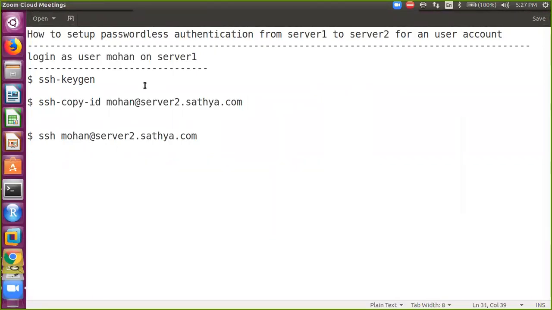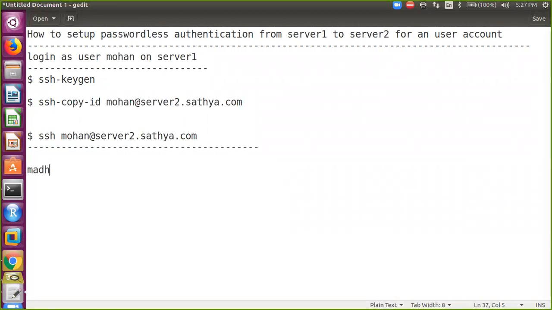Now you tell me, sir. Let's say on both the servers, I have a user account called Madhuri. Now I want to set up passwordless authentication from server 1 to server 2 for user Madhuri.